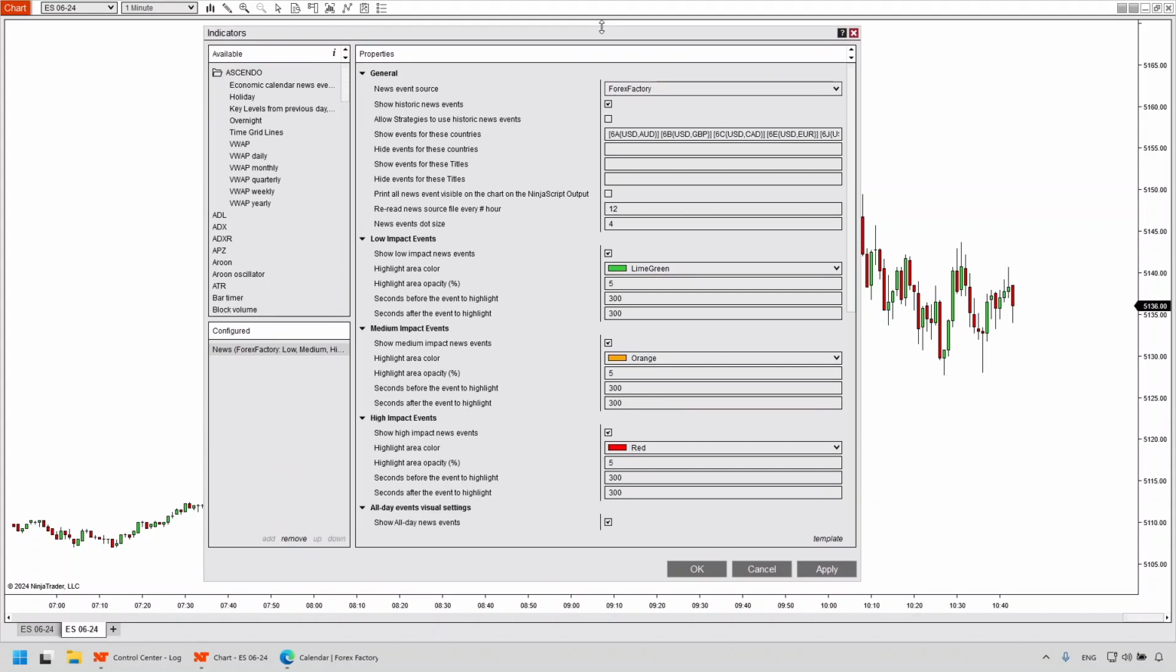When the Show Historic News Events parameter is active, you'll see a related setting called Allow Strategies to Use Historic News Events. For regular chart use, we recommend keeping this setting turned off to ensure faster loading times. However, if you are using the indicator as part of a strategy that you plan to backtest, activating this setting